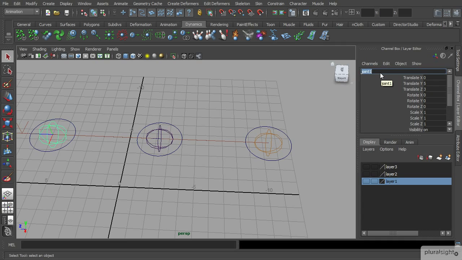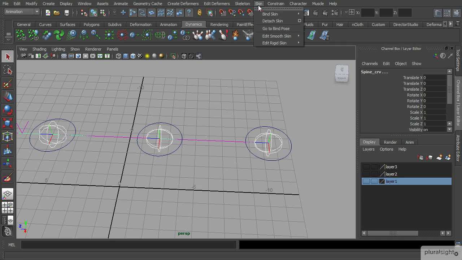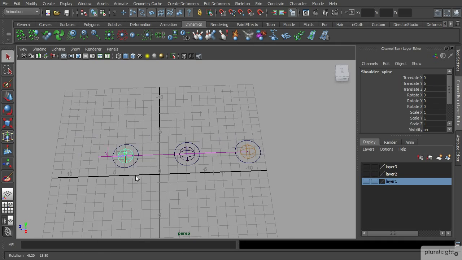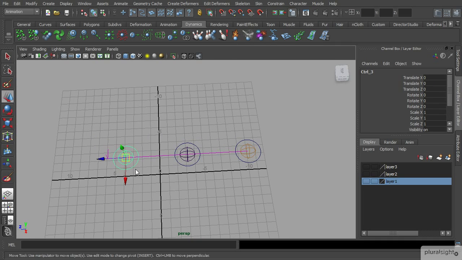And this one, shoulder spine. I find it's better to rename them now before we do any of our smooth binding, because this is going to give us